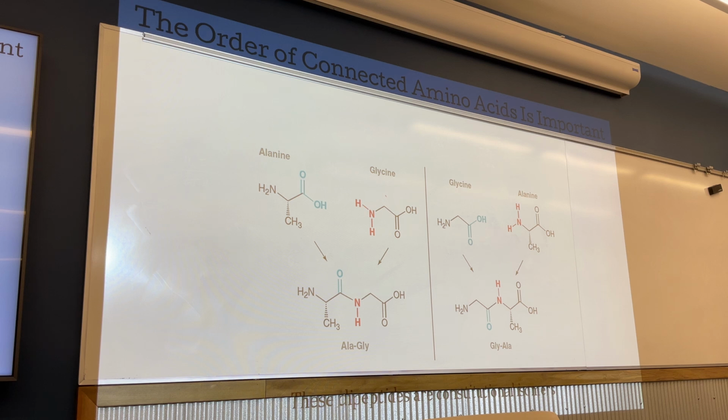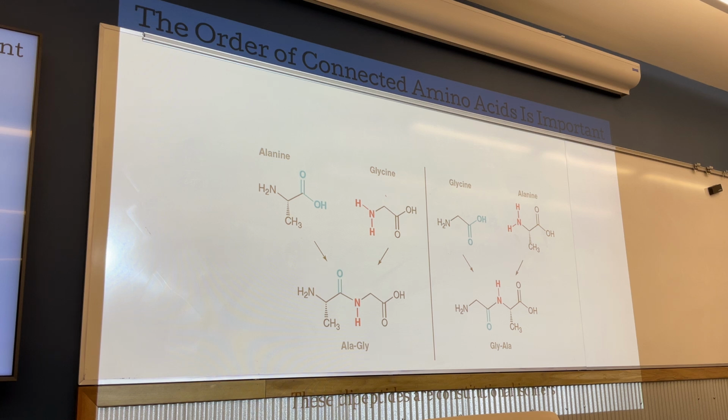And we think about this as a directional molecule. So to the left is going to be the N-terminus, and it's the next slide or the next couple slides. And then the right side is the C-terminus, N for nitrogen, C for carboxylic acid. So we're always going to orient peptides when we're analyzing them from left to right, and that being N to C. All right. So here, alanine is the N-terminal residue. Glycine is the C-terminal residue.